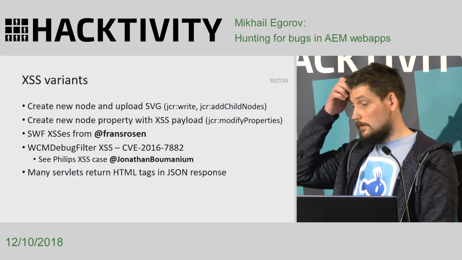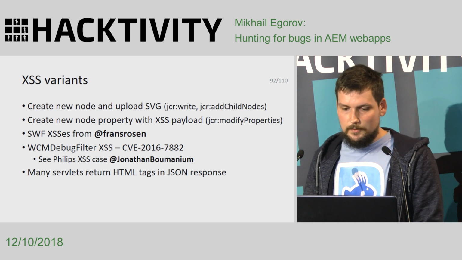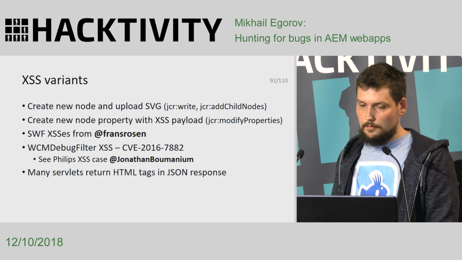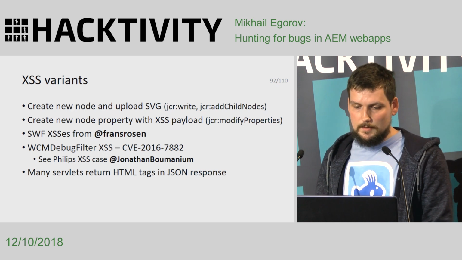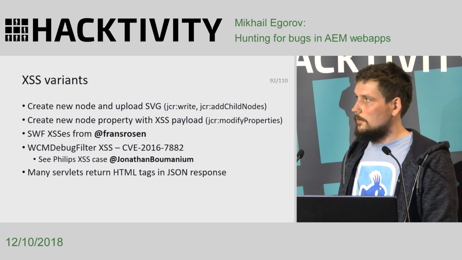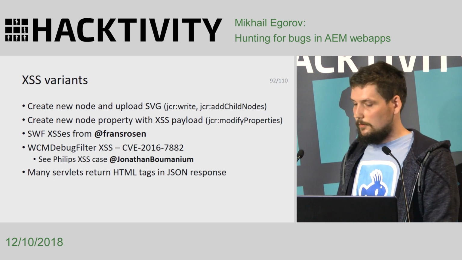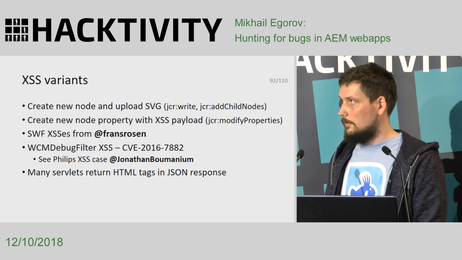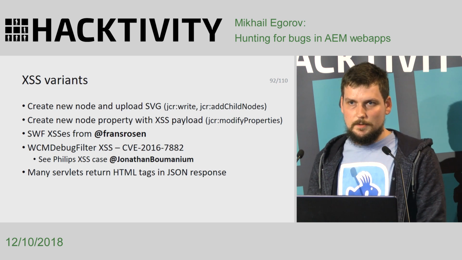Let's explore briefly some possibilities for XSS vulnerabilities in AEM web applications. There are many ways to get XSS. If you have rights to create new nodes, you can create a new JCR node and upload an SVG file here to get an XSS, as I've previously demonstrated for the Twitter bug bounty. If you have no rights to create new nodes, but have an ability to create new properties for some node, you can create a new property with HTML